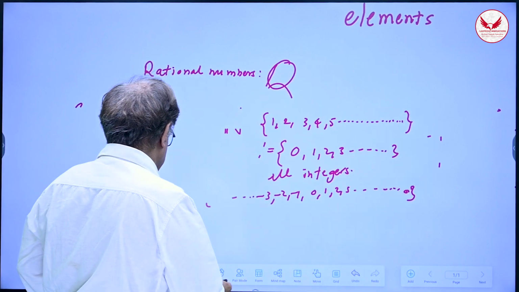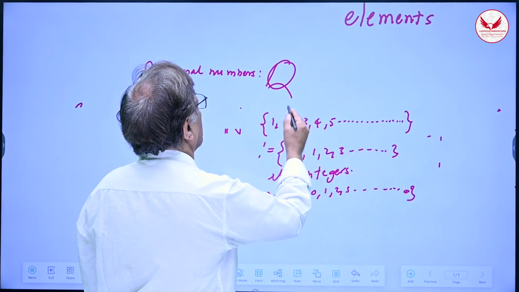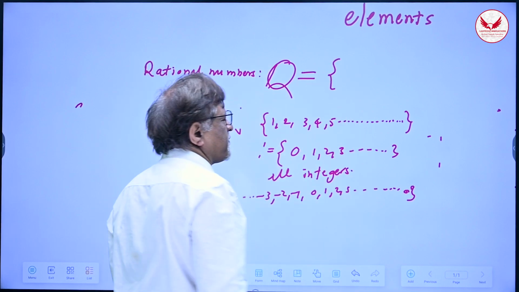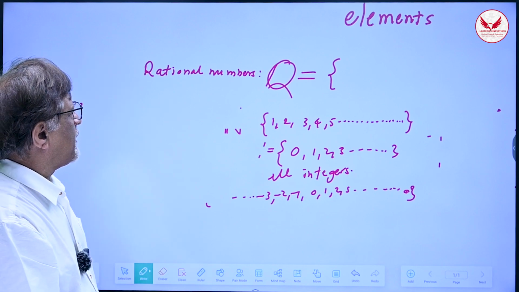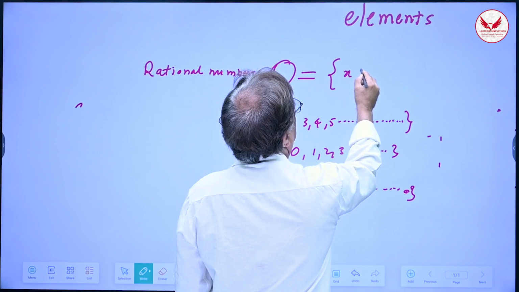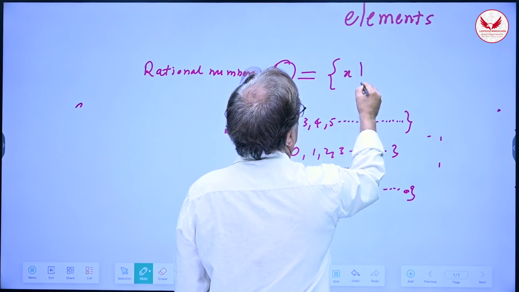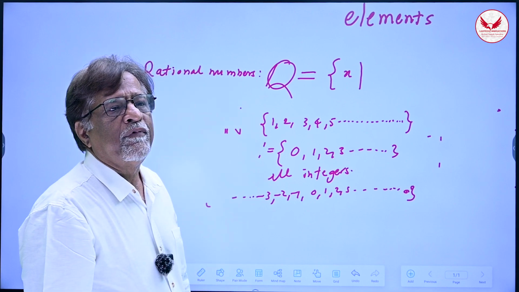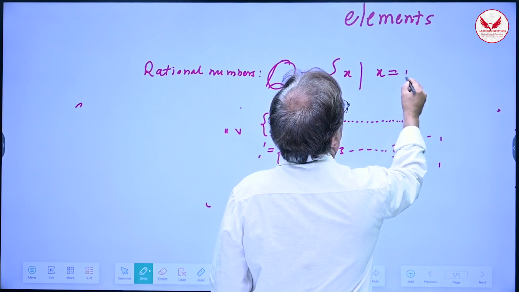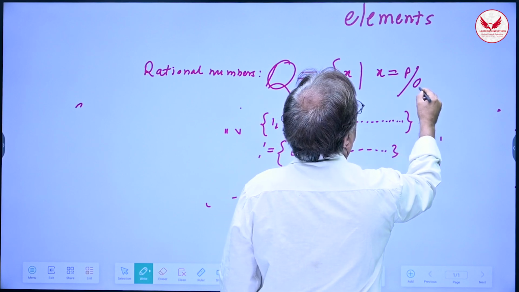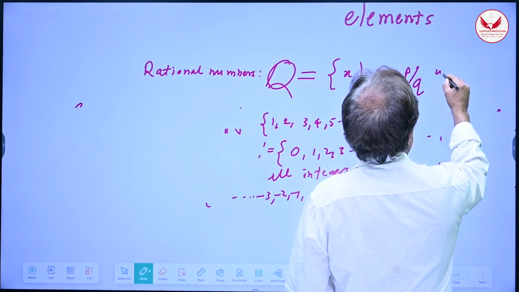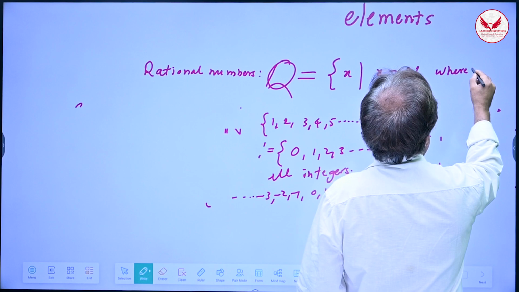Now, there is a rule method. What is the rule method? I'll have to write a rule which is satisfied by every rational number, and that is why it can be called a rational number. So, here I'll write the set of all x's such that x is a variable, and x is always equal to p divided by q, where I must define what p and q are,